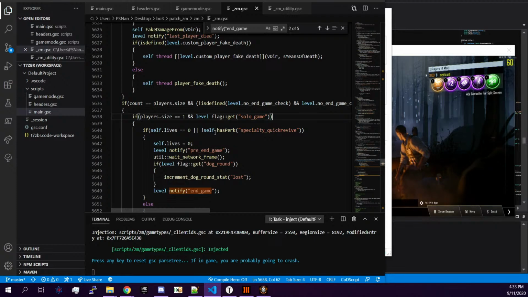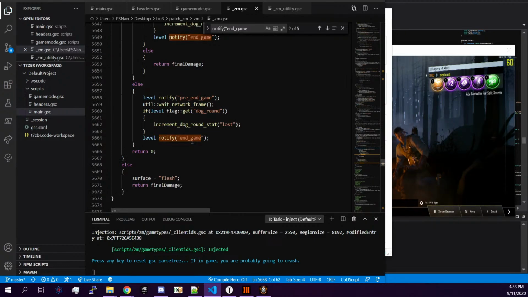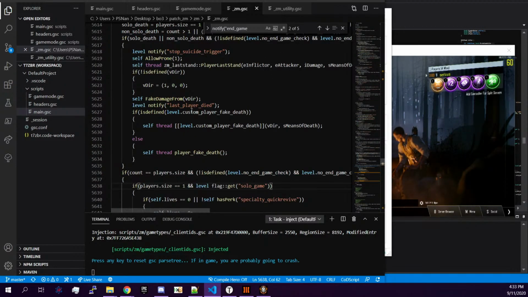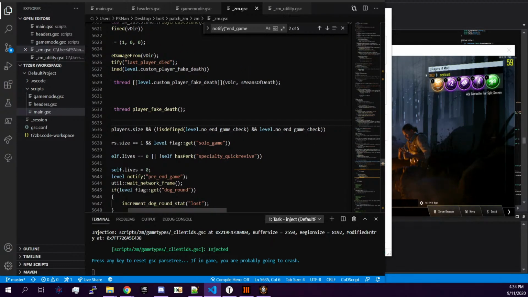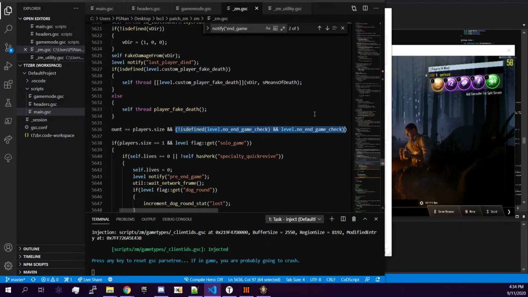Okay, so here's what I'm thinking. If I cannot get this level... If I cannot get this to think... This logic doesn't make any sense. So if not is defined, level no endgame check, meaning there is no level game check, and level no... that this will always be true because of the way GSC works. So this is a coding error by one of the Treyarch developers. Or it's a decompilation error, but I'm more inclined to believe it's a Treyarch error. So this should actually...